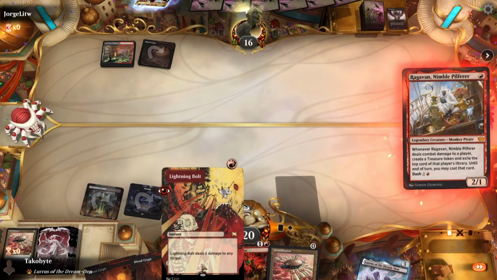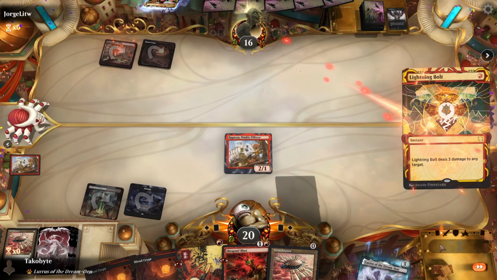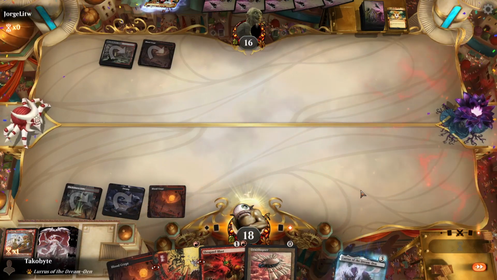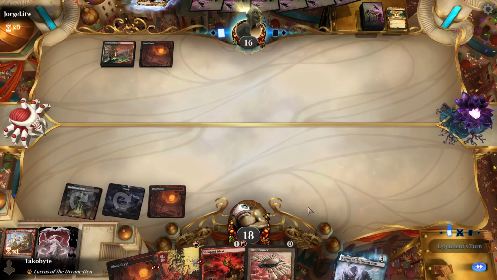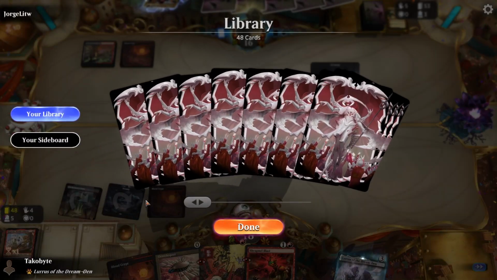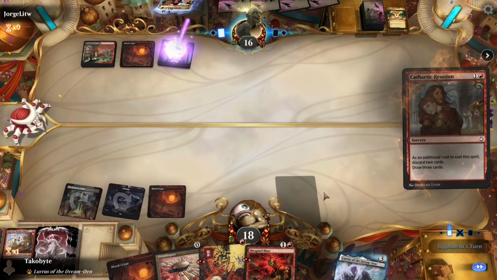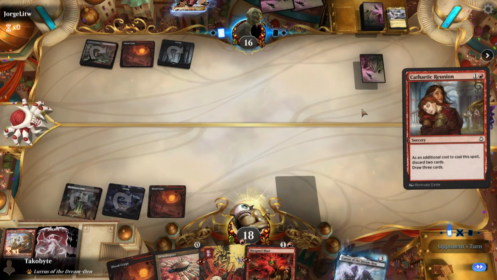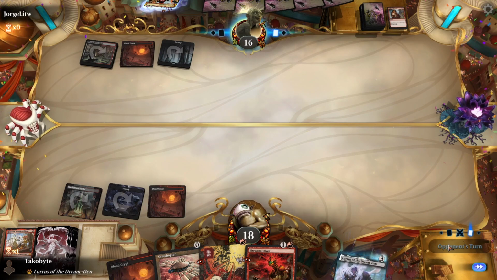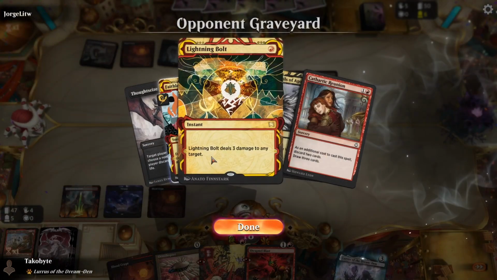I think they have a Lightning Bolt. Yeah. Let's shock that in. Man, despite us Faithless Looting to look for additional cards, we still couldn't get there. Oh, they're playing Tendrils. Okay. They have another...